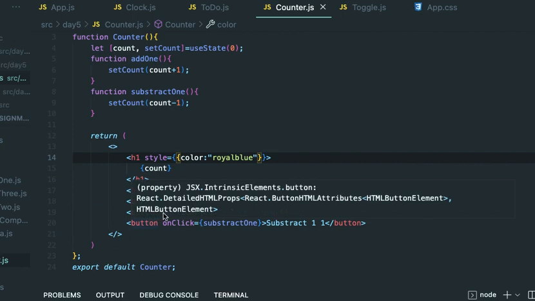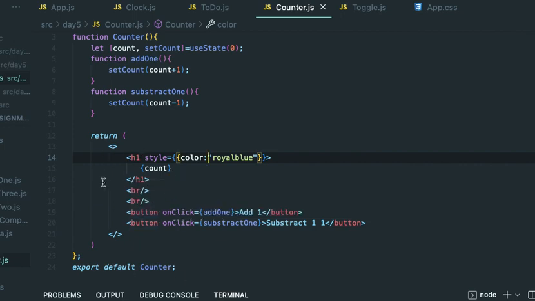I've returned an h1 element, and using JSX I have added count in the h1, and two buttons, add 1 and subtract 1,